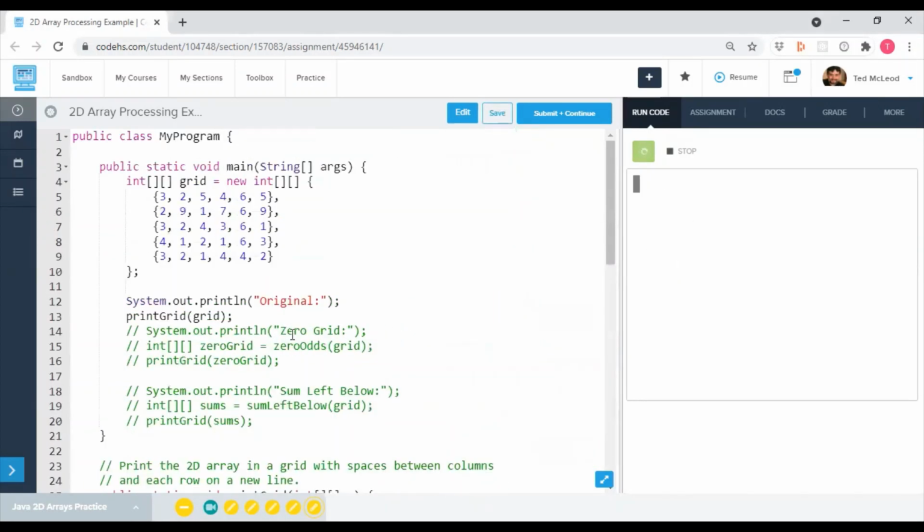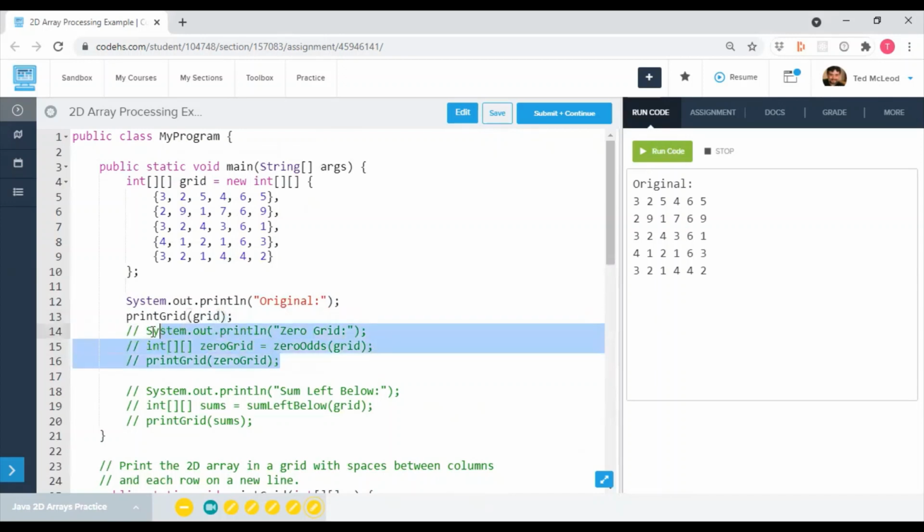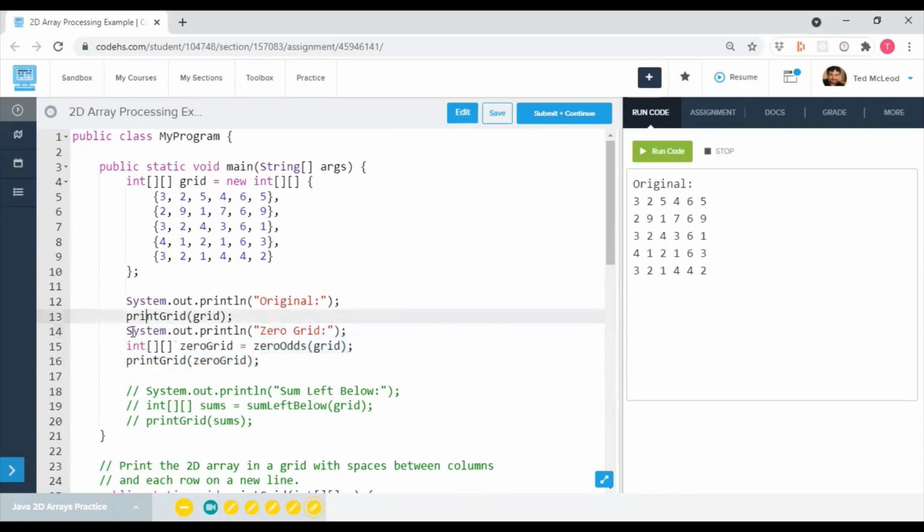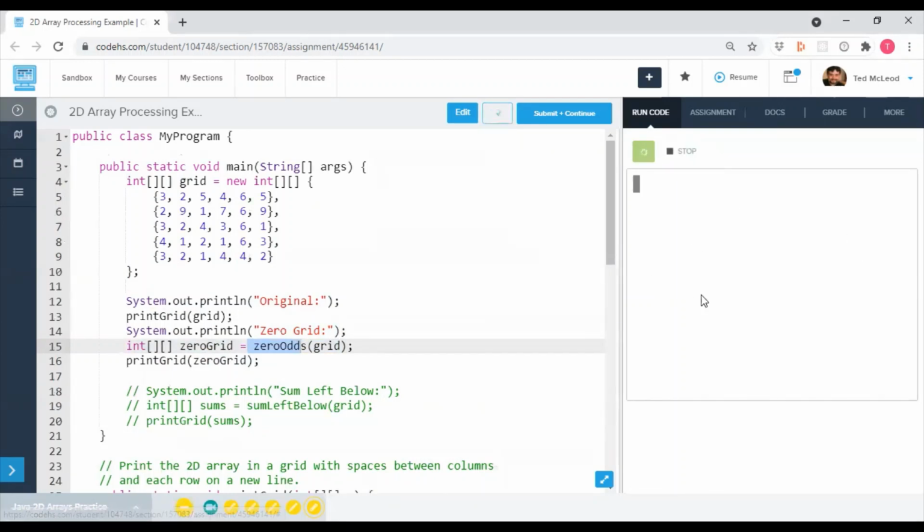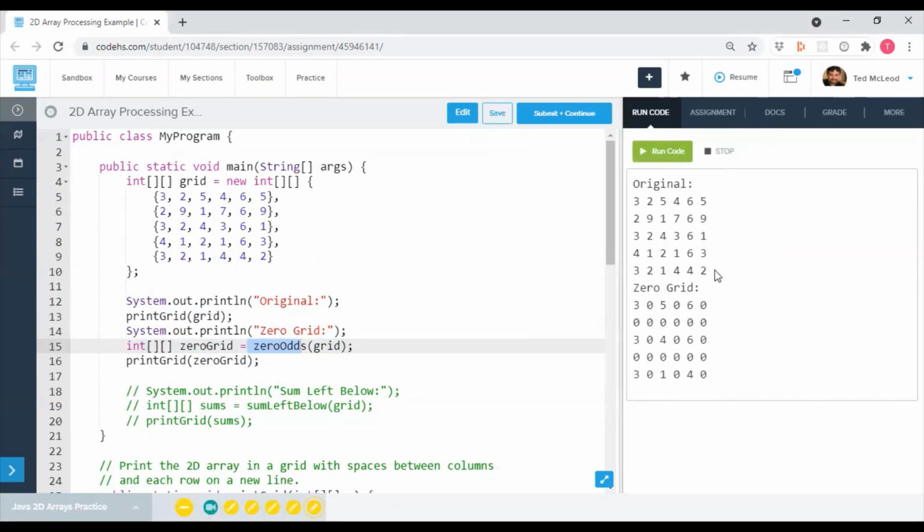Whoops, we forgot to actually comment this out. Okay, so it's just going to print the original. All right, so if we comment this, we uncomment this out, then it's going to print the original, and then it's going to print the 0 grid and actually call 0 odds and print it. Okay, let's try that. There we go. Okay, so you can see here